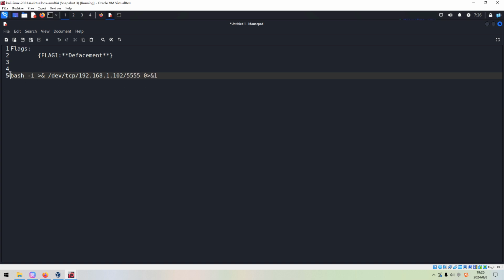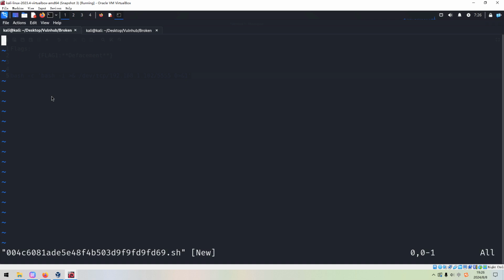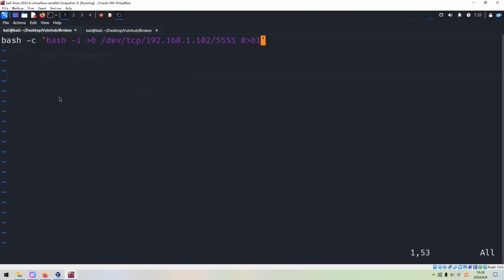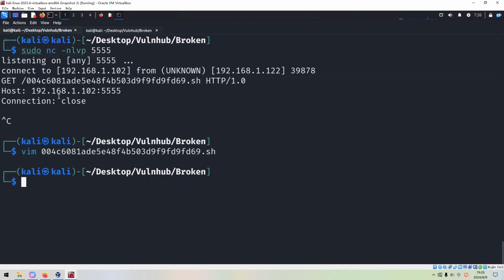And we can use bash. I think I've already used this reverse shell command a lot throughout my channel. So we can paste it in here. Okay, so now we can write and quit.